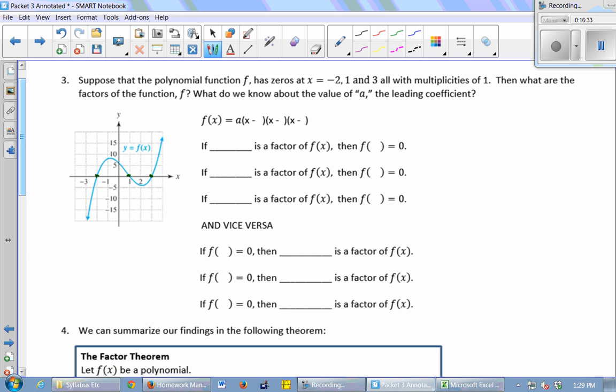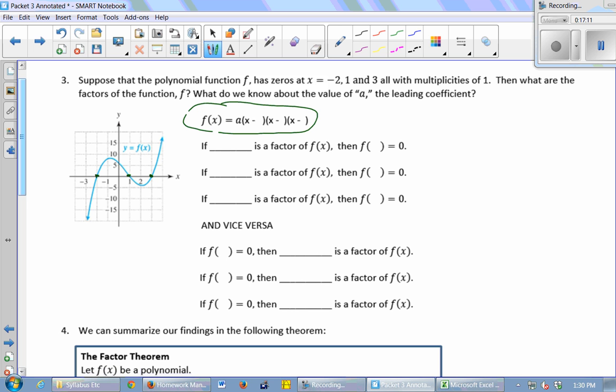Okay. So if I have zeros, then what do the factors have to be? If x equals -2 is a 0, what has to be a factor? No. All right, let's remember when you're trying to find 0. So here's my formula. I don't know what the factors are, but this thing has